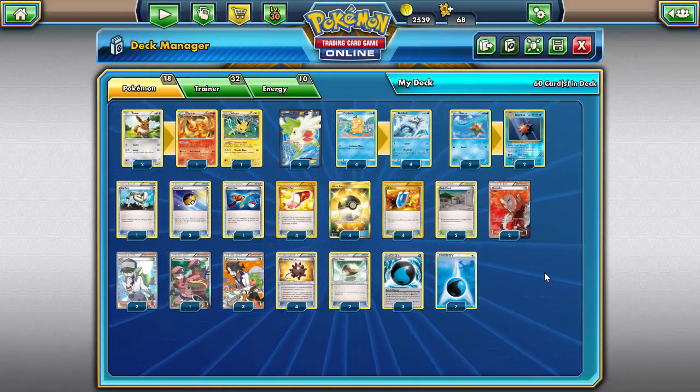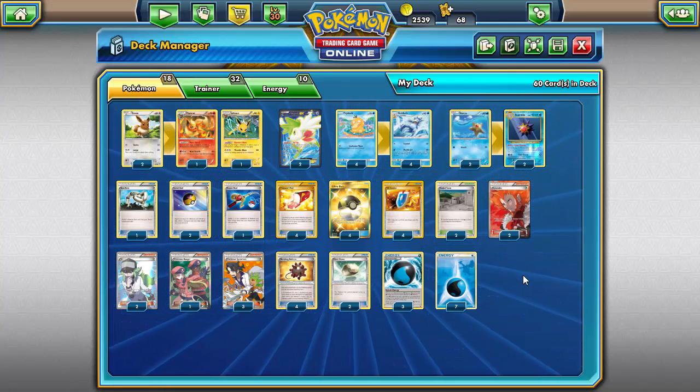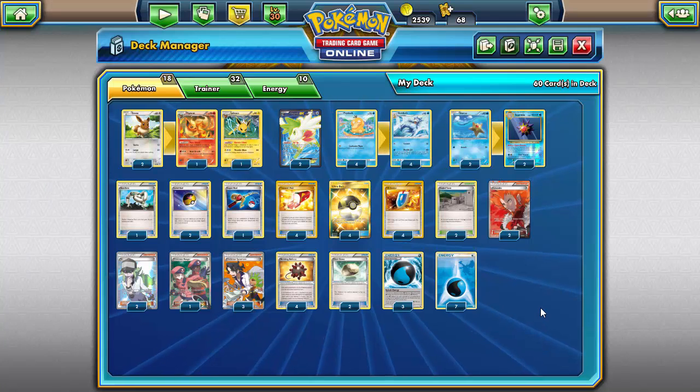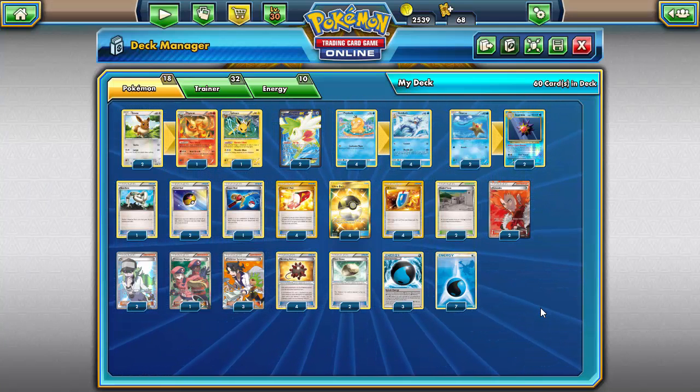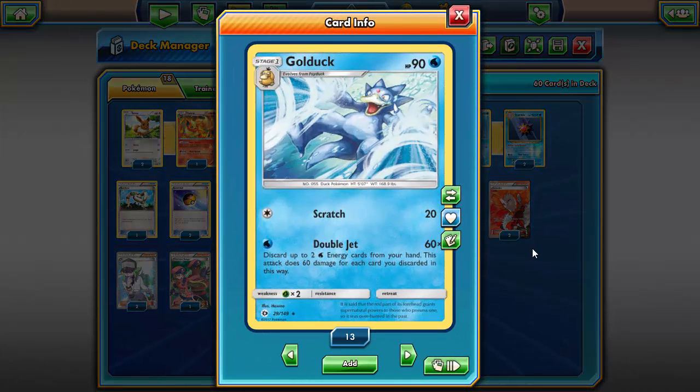You don't just have to rely on Dive Ball or Ultra Ball. And I'm actually going to show you two versions of this deck. The first one that I'm showing you is the Eeveelutions version, and the second version is an adapted budget version of Golduck. However, when I saw Golduck, I saw that Double Jet, 60 damage